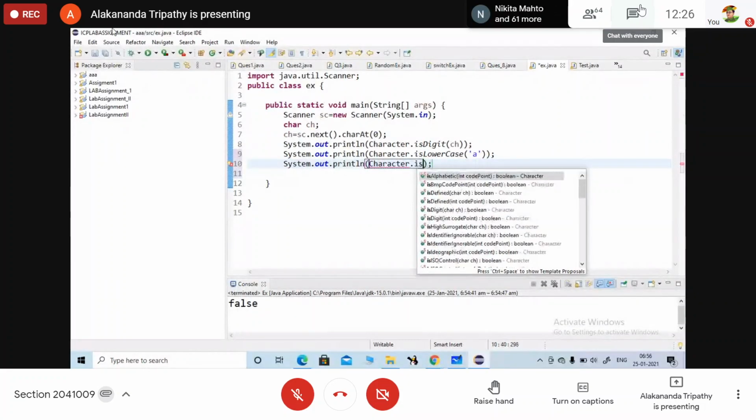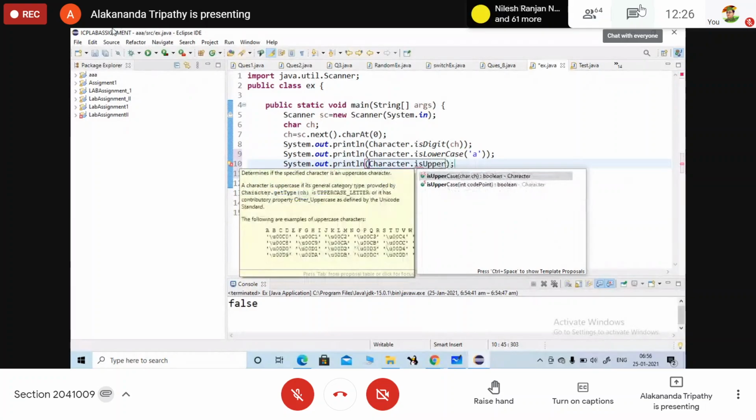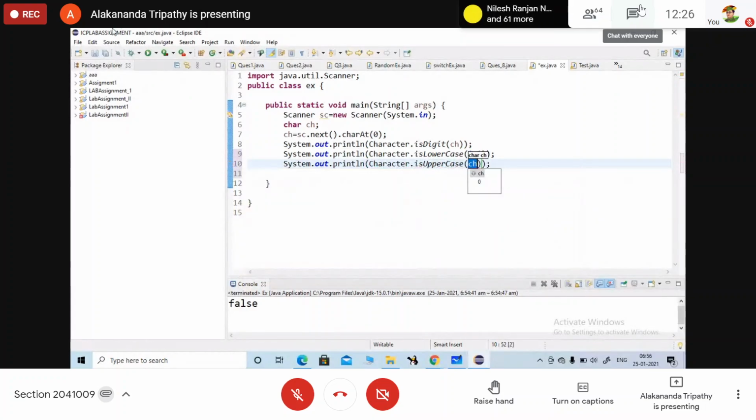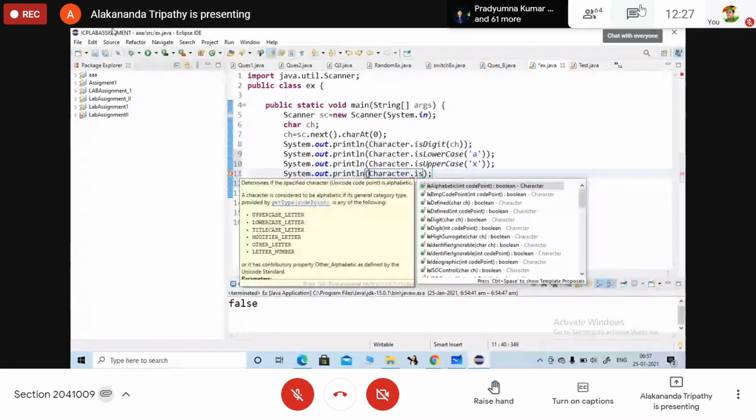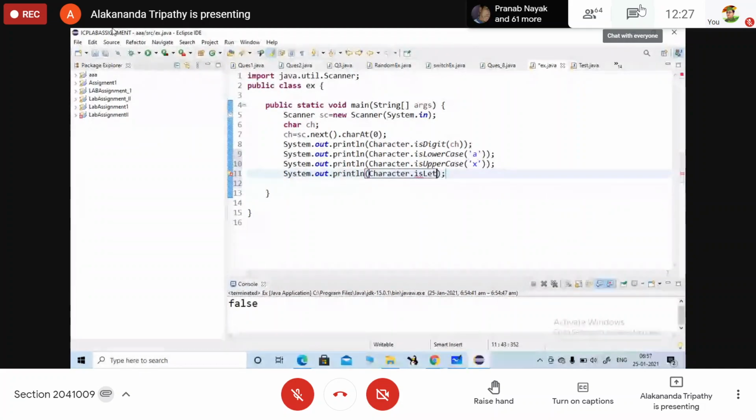Character.isUpperCase of X. Character.isLetter of C. So what will be the output here?